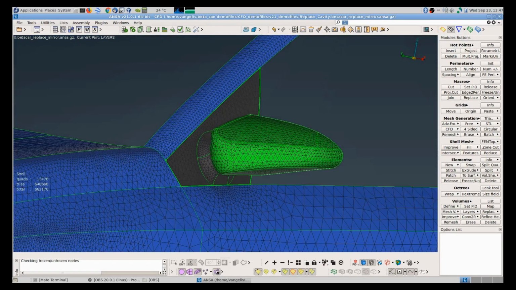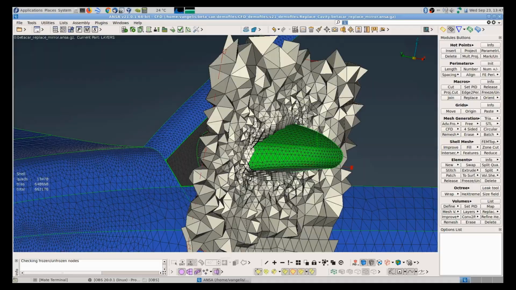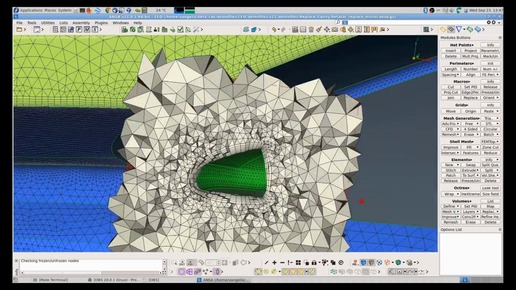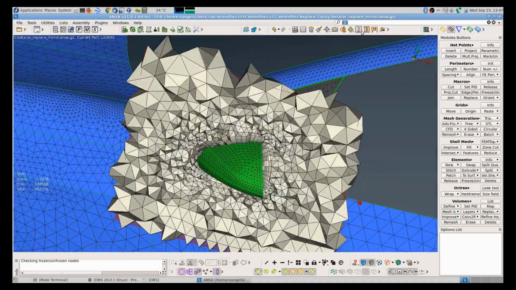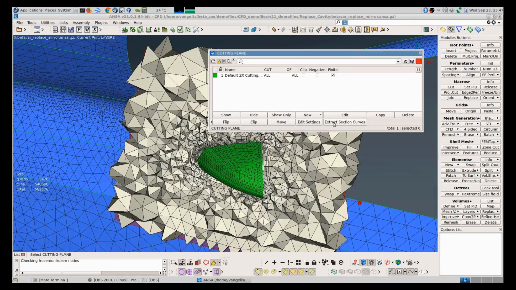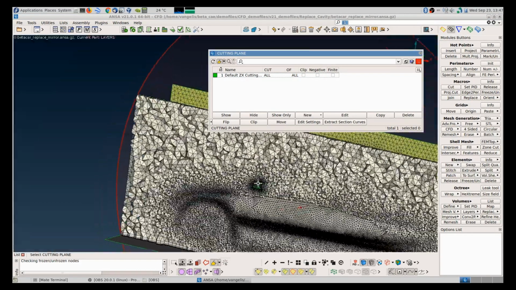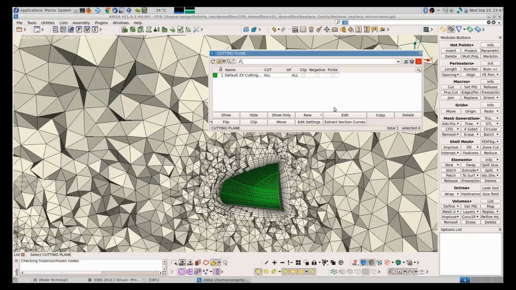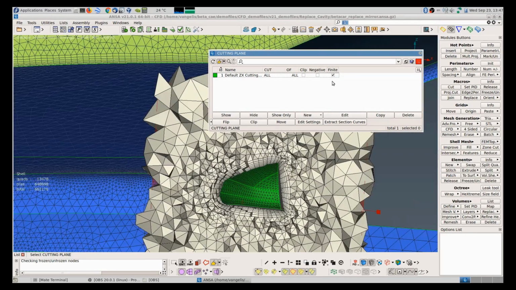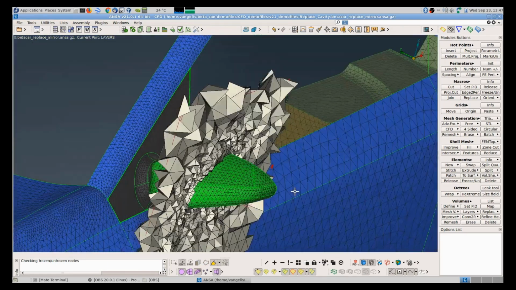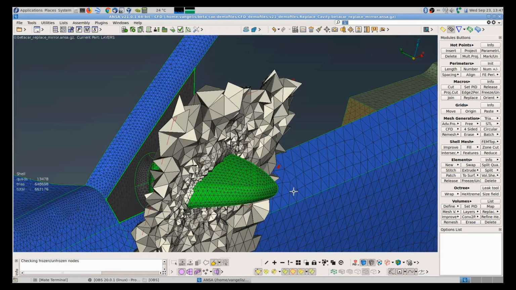Right, so this is the top cap, this is the new surface mesh, and if I bring my cutting plane, you will see that the volume mesh has adjusted exactly, right? So I can also remove the plane, bring it back, right? So you can see this worked fully automatically.